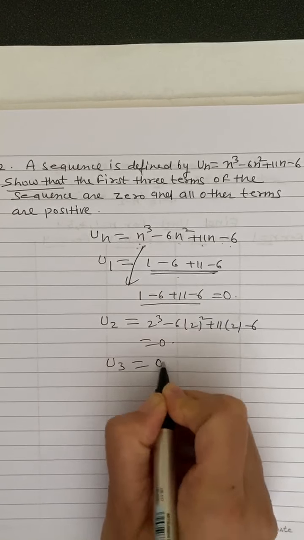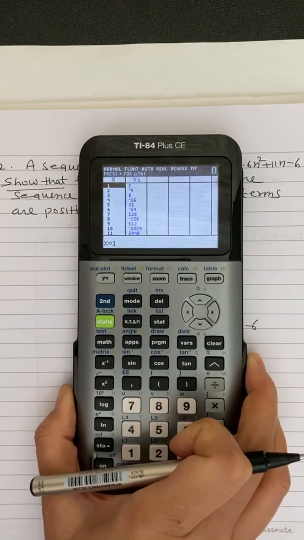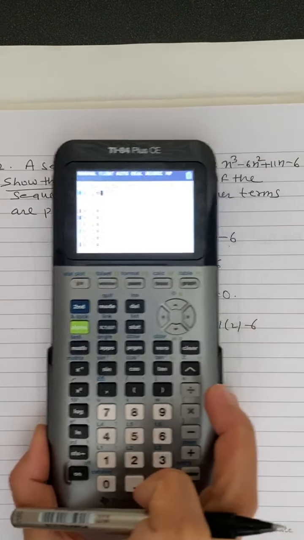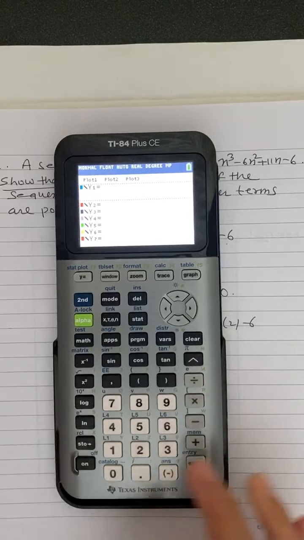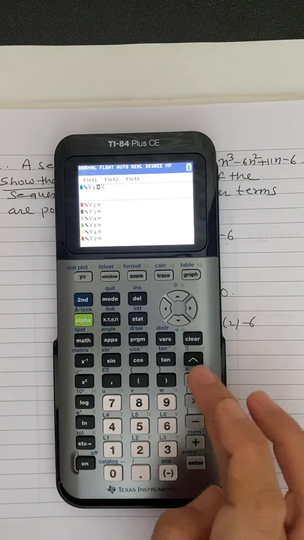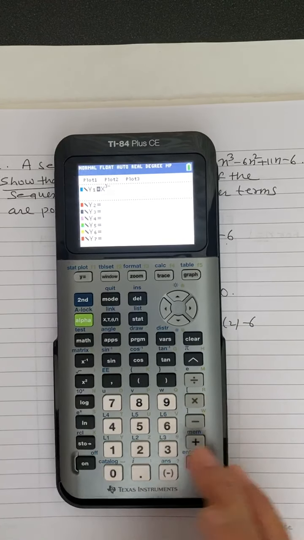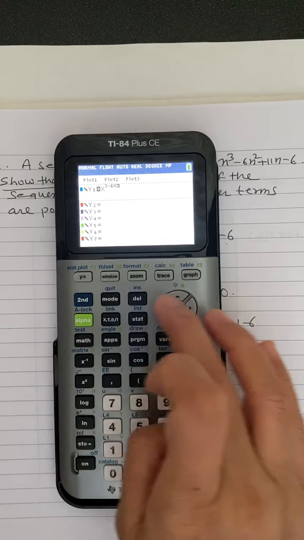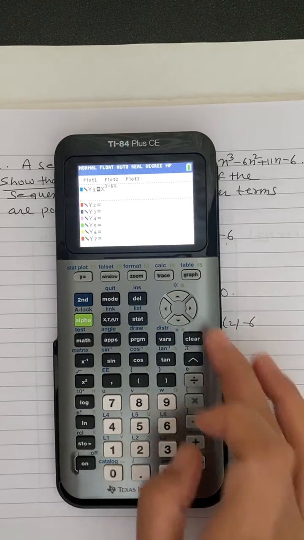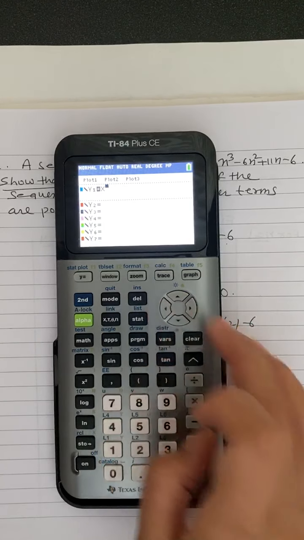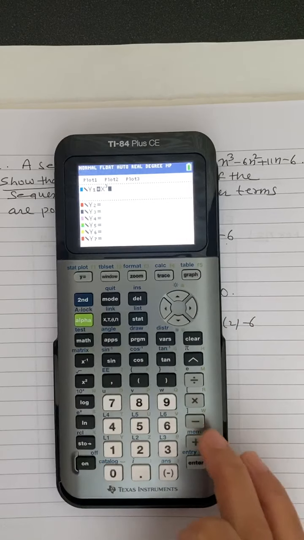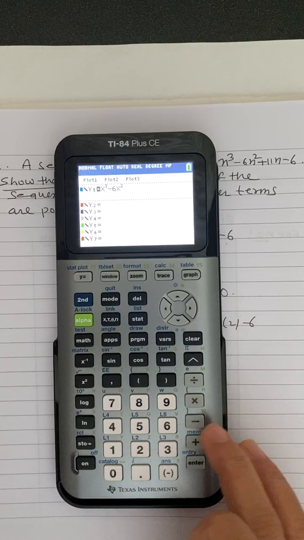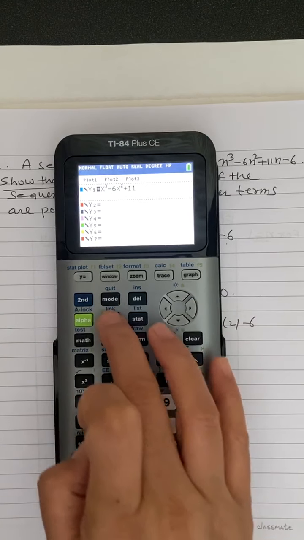Similarly for u3, it will also give you 0. And I'm also going to do one more time using the calculator. So you can enter your given function, which in this case is x cubed. So x cubed, and then negative 6x squared, and then plus 11x